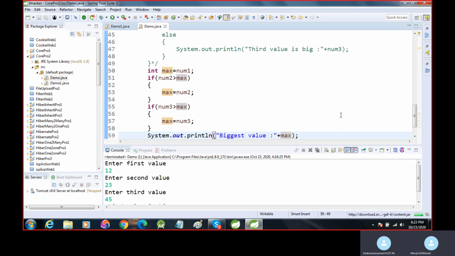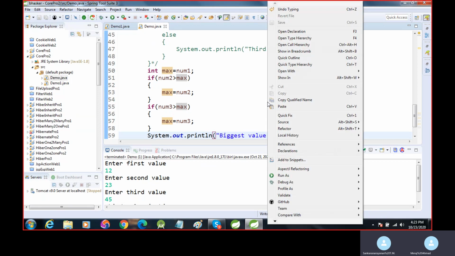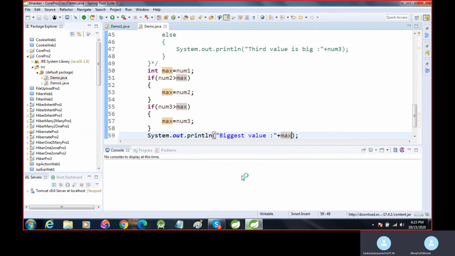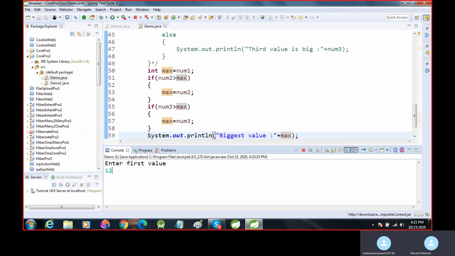So at the end of the program, I will get the biggest value. It is very simple. And if you want to find the biggest value among thousands and lakhs, you can easily use it.